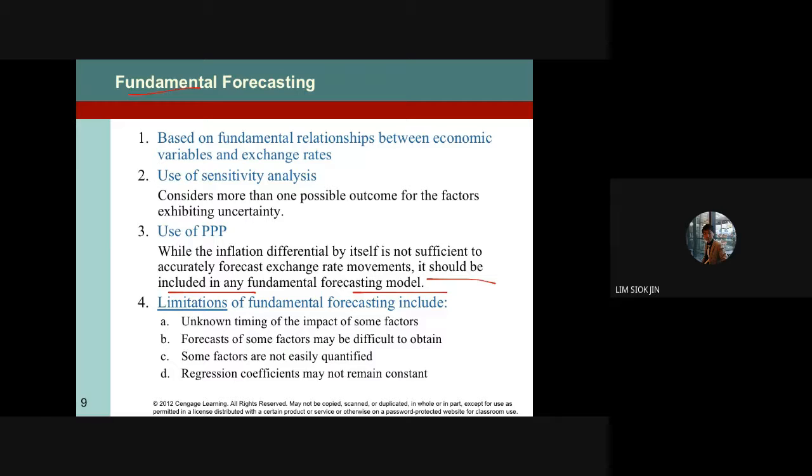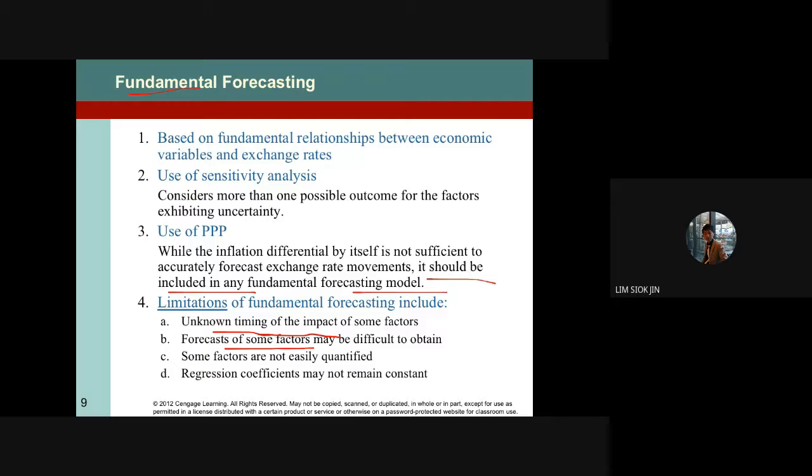So fundamental forecasting has different limitations, and these limitations include timing. You can predict something might happen, but you do not know precisely the timing of the factors that may affect the exchange rate. And then the forecast of some factors may be difficult to obtain. Some countries give inaccurate data, like certain countries want inflation to look higher, so they set a higher inflation rate,